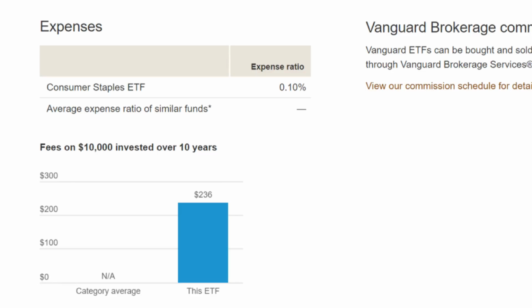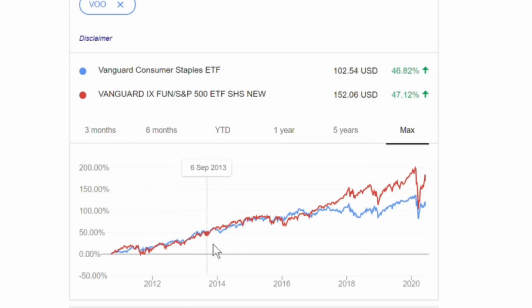So while this yield does beat putting your money in a high interest savings account, I would say it's pretty good, but nothing special by any means. And then just like the other ETFs that we discussed, the management expense ratio on VDC ends up being 0.1%, so extremely low. So giving you guys my overall thoughts, we can see that up until a few years ago,